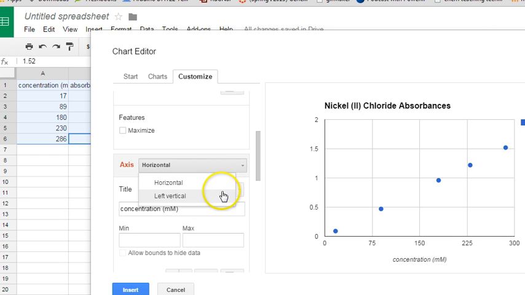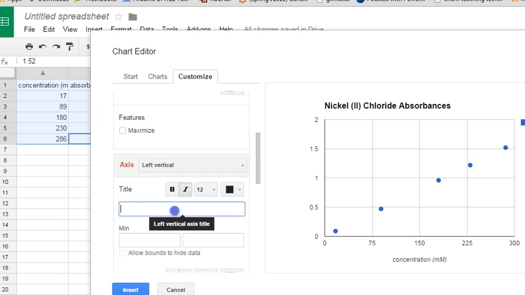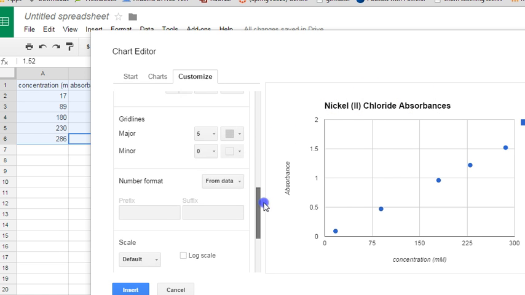It's just a drop-down box. I can do the vertical axis. The vertical axis was absorbance, right? There it is. So you see that titles are appearing here. It's very important for your graph to have titles. And then let's see,